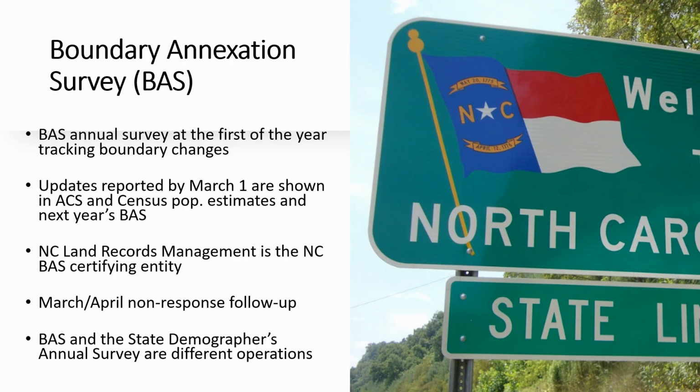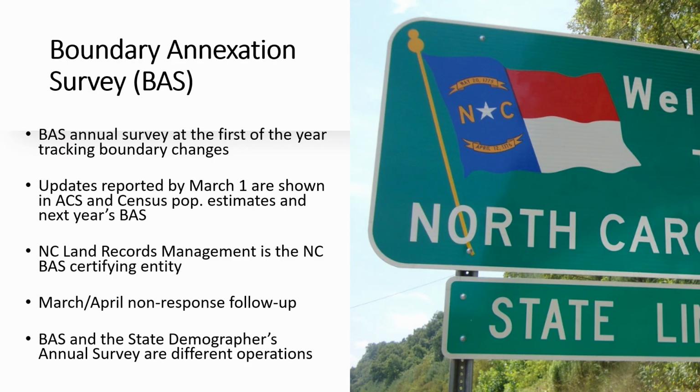Rich's office and Nathan are the folks who are the certifying entities for the state of North Carolina. So that was part of the hoop that you heard in Rich's presentation. If you had a boundary change, but you didn't report it to the Secretary of State's office, you may have reported it to BAS, but the Secretary of State's office can't certify that if you didn't notify them. So as changes happen, as there's turnover locally, somebody just may have forgotten or didn't notify the Secretary of State's office, and it comes back to impact your census data. So that's been a challenge.